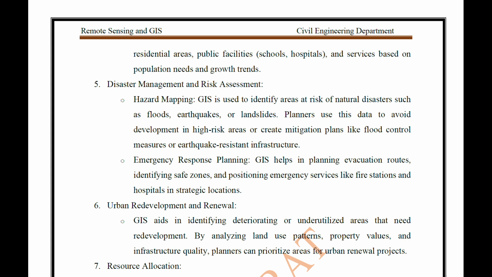Fifth is disaster management and risk assessment. Hazard mapping: GIS is useful to identify areas at risk of natural disasters such as floods, earthquakes, and landslides. Planners use this data to avoid development in high-risk areas or create mitigation plans like flood control measures or